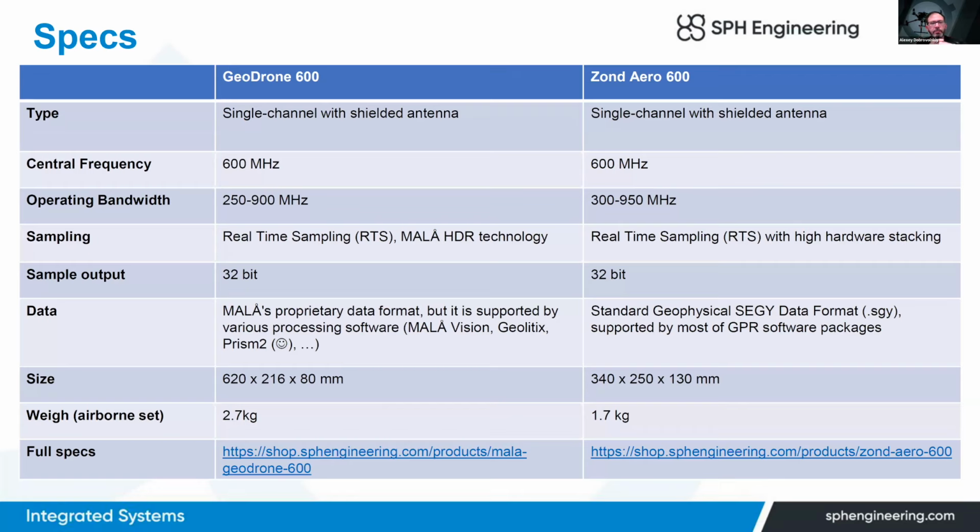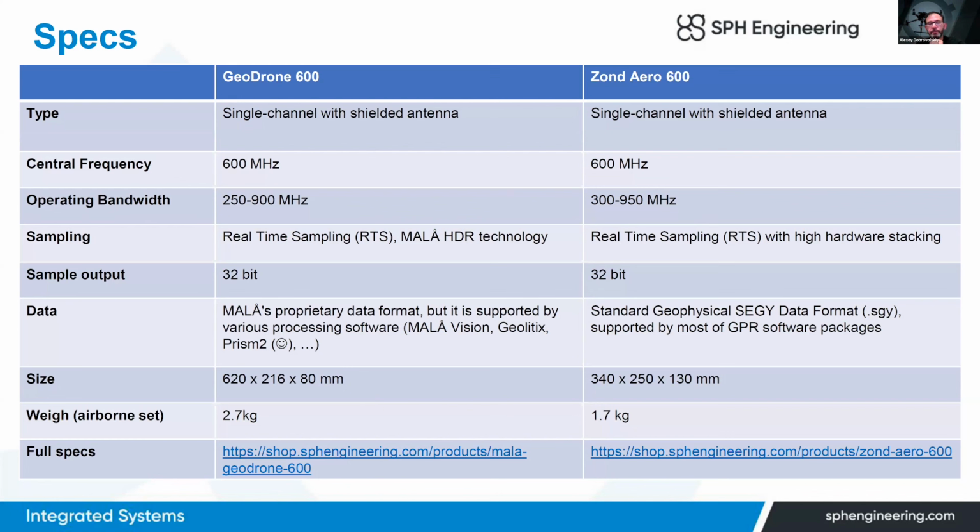And the main difference in the formal parameters is weight. MALÅ has a weight of 2.7 kilograms. Zonterra has a weight of 1.7 kilograms. The difference is 1 kilogram. It can be quite